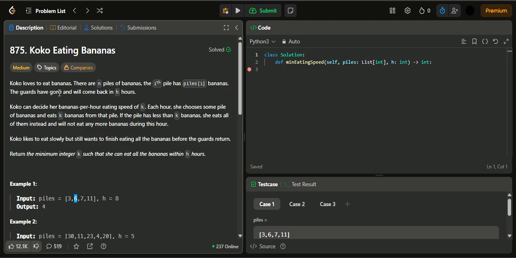And then the guard has gone and will come back in H hours, which is 8 hours. So Koko can decide her bananas-per-hour eating speed of K. Each hour she chooses some pile of bananas and eats K bananas from the pile. So what Koko is deciding is to eat all these bananas, but if per hour